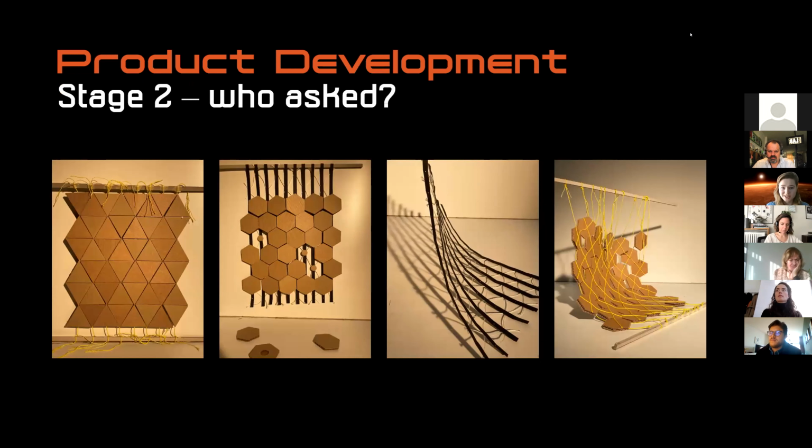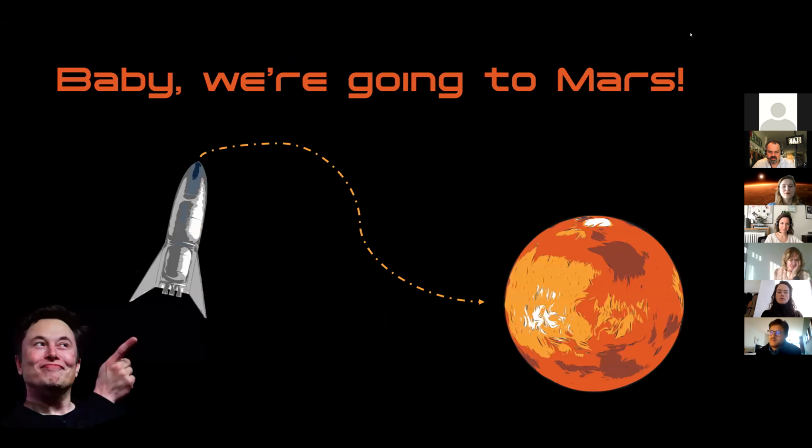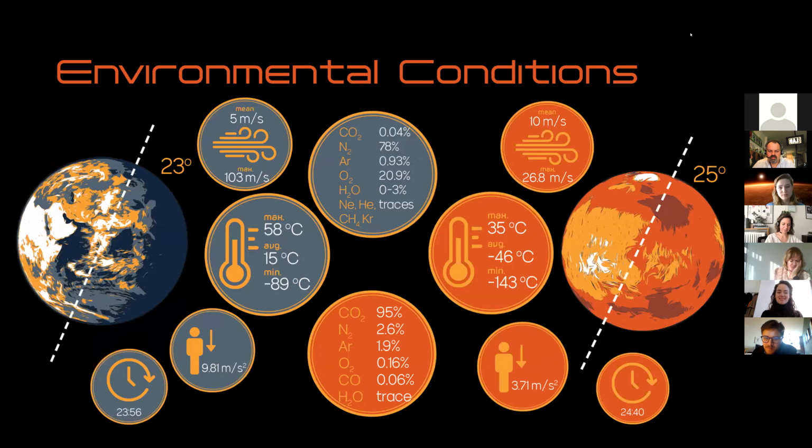Our second major realization came when we said to ourselves, who asked? Who asked for a robust but lightweight, flexible but still highly efficient solar fabric? After all, most building surfaces are straight. So again, who asked? Space architects. We're going to Mars. This of course brings its own challenges, so let me explain some of the condition differences